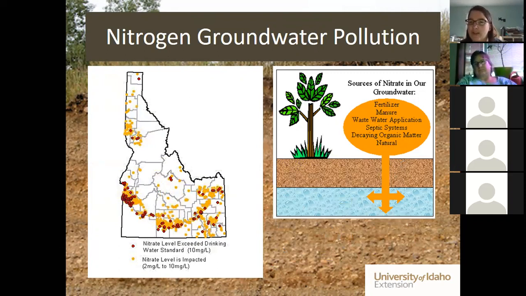And I figure the sources of nitrate are your fertilizers, your manure, wastewater applications, septic systems, decaying organic matter, and then if you're in an area that has any of these things that have gotten buried in the past, it could actually be a natural source. So if you're in a more tropical area, you can have some natural sources of nitrate from plant material breaking down. But mostly ours is over application of fertilizers,